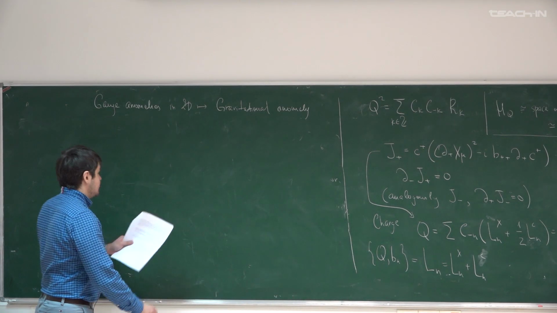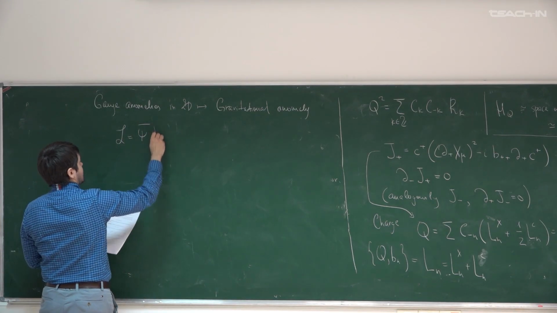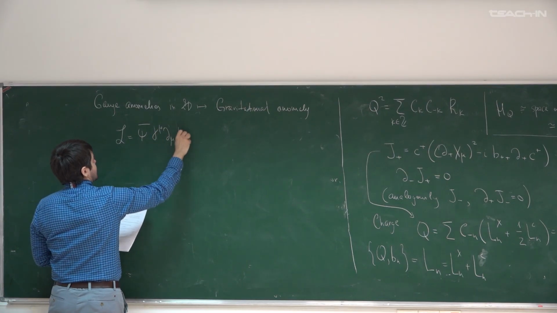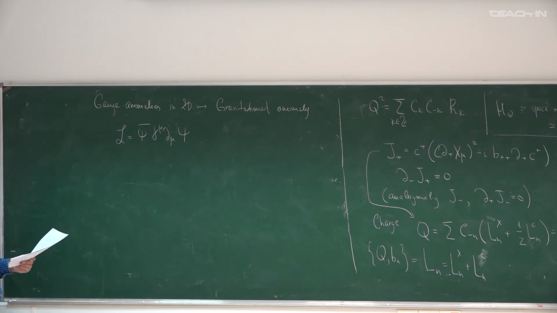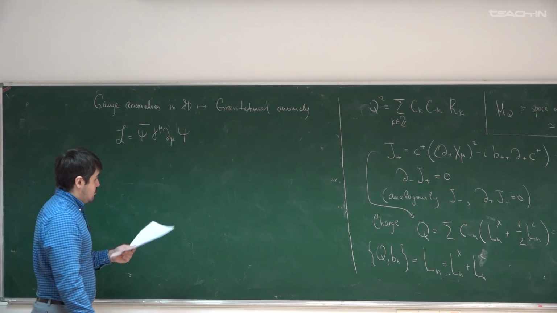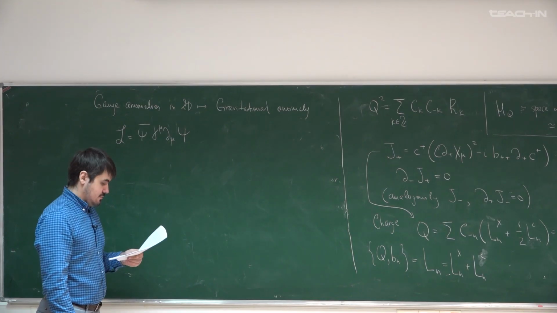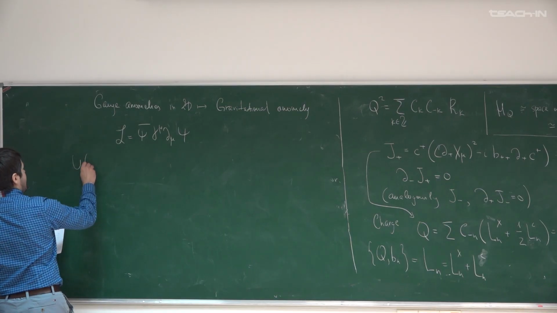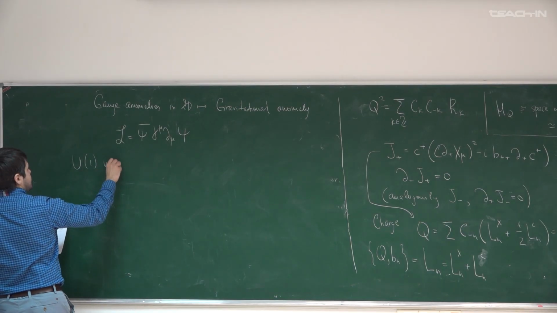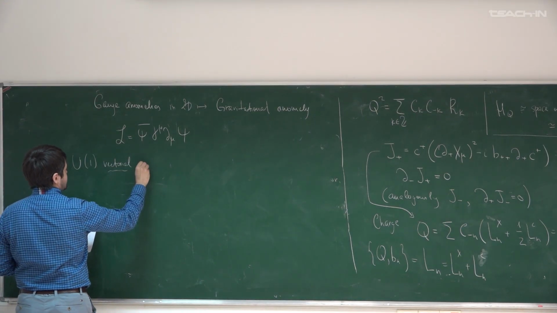So this theory of free fermions has this form. Well, it could be either in 2D or in 4D actually, but ultimately we want to be in 2D. These are massless free fermions, because we want to have a CFT. So this has a U(1) symmetry, what is called vectorial symmetry,